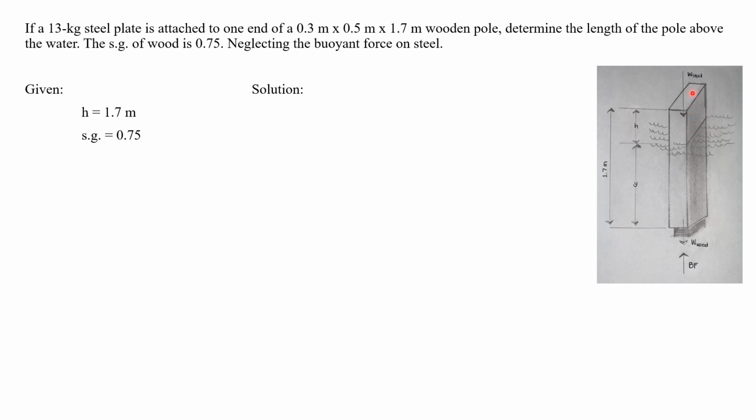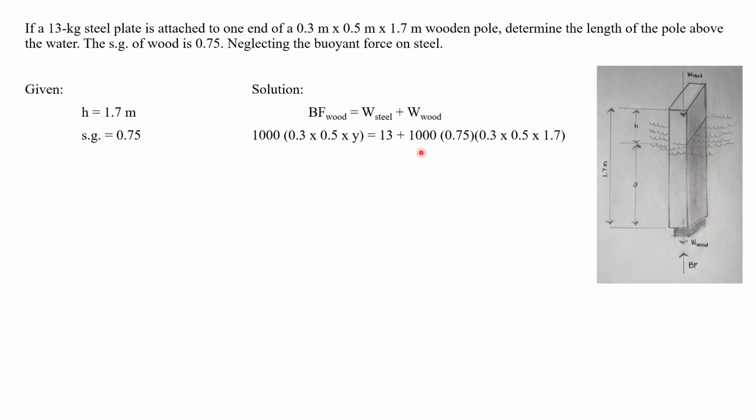Since the buoyant force is in equilibrium with the weight of wood and weight of steel, we can have our equation as: buoyant force of wood is equal to the weight of steel plus the weight of wood. In all the given values, we have the specific density of water as 1,000 multiplied by the area of the wood that is submerged in the water, which is 0.3 times 0.5 times the height of the water, which is unknown. We can put y is equal to 13 plus